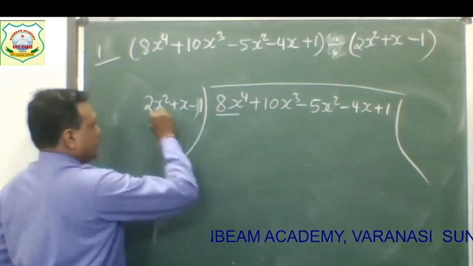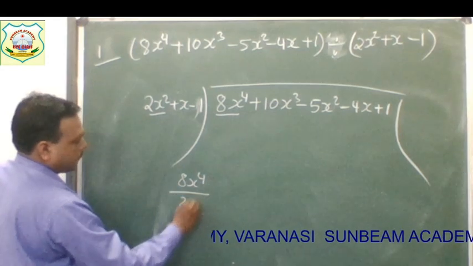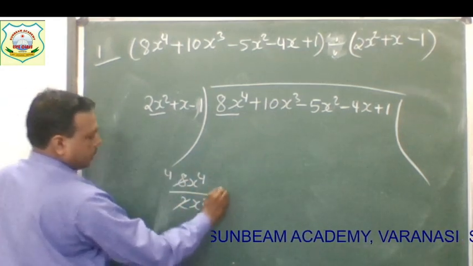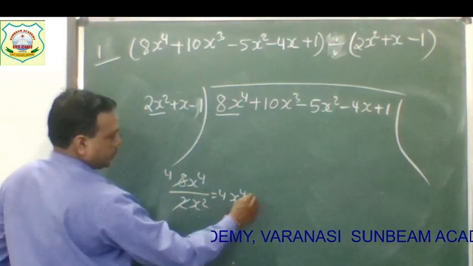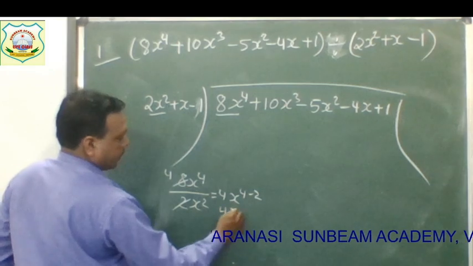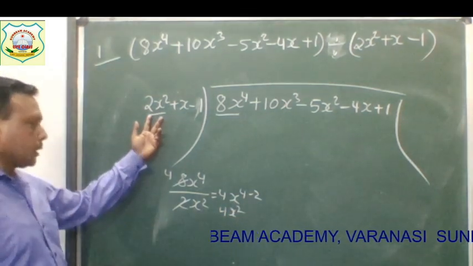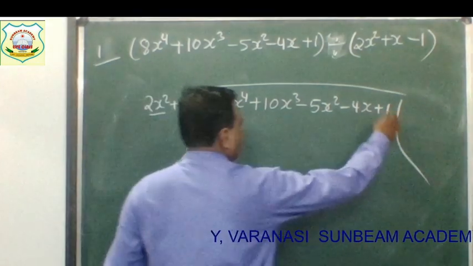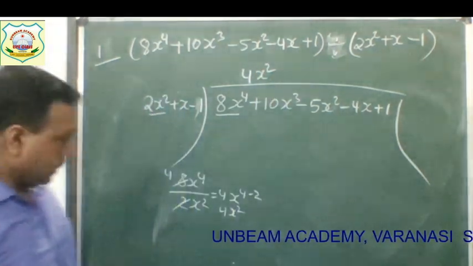8x⁴ here, 2x². 8x⁴ upon 2x². So 2 times 4 is 8, and x⁴ minus 2, so 4x². So what should multiply here? 4x² into 2x² gives 8x⁴. So what will we write here? 4x². 4x². Then students,